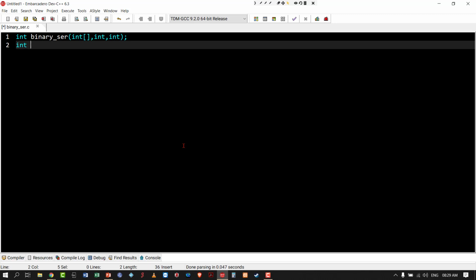So int binary search. I am using array a, int a, comma int n, because the size of the array is also an integer. Then int e, where e is the element to be searched.